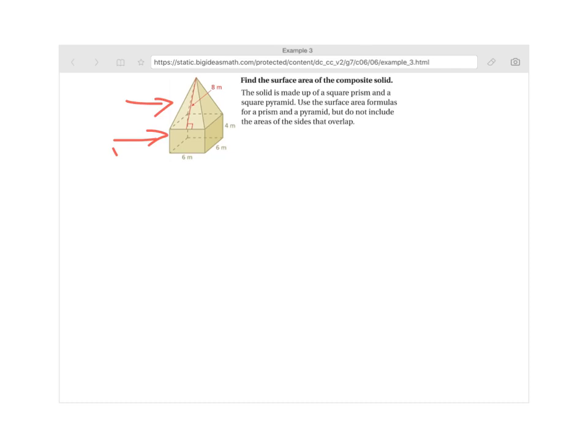So you've got to think about the fact that this top part of that square would not be included in the surface area because that's inside the prism. It's not on the outside of the surface. Okay, so let's start with